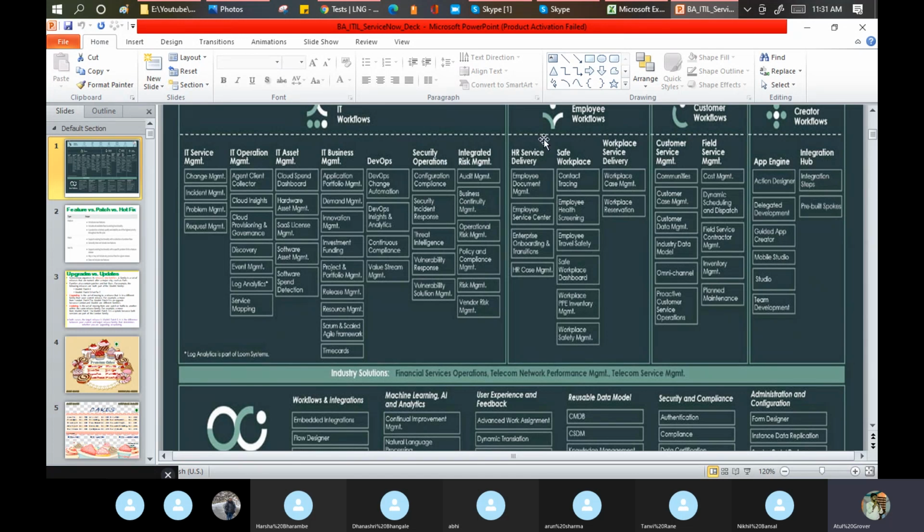And HRSD is basically employee workflow. It is one of the modules launched by ServiceNow approximately 2 or 3 releases back, I guess 3 to 4 releases back, if I'm not wrong. ServiceNow said, boss, you're using my tool to manage your IT. Why not use my tool to manage your employees as well? When I say employees, I mean we guys.